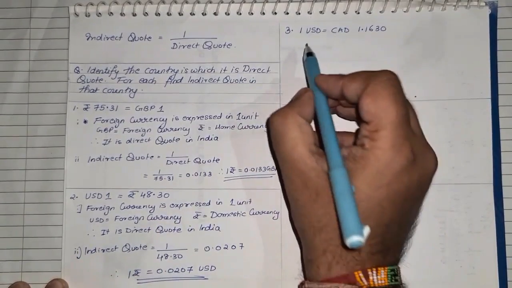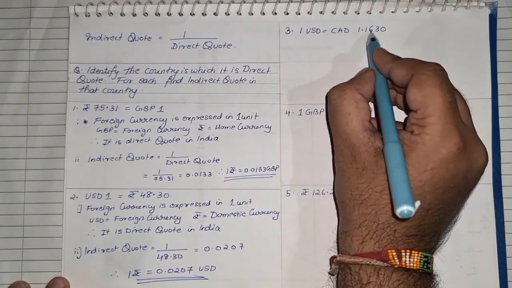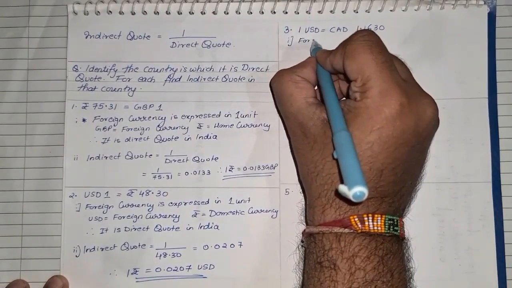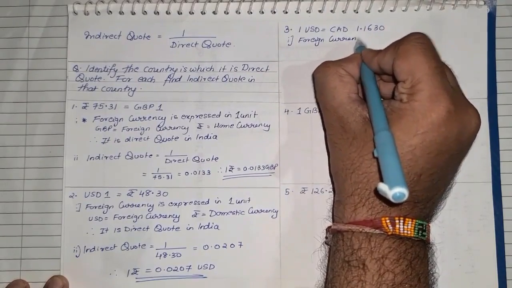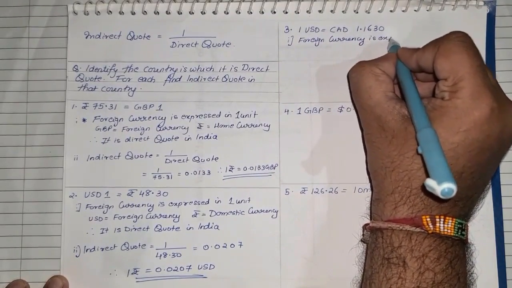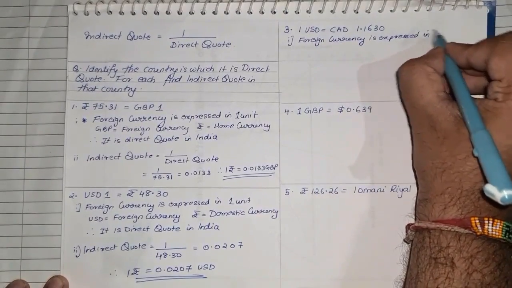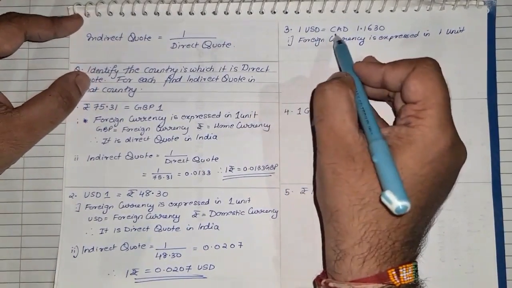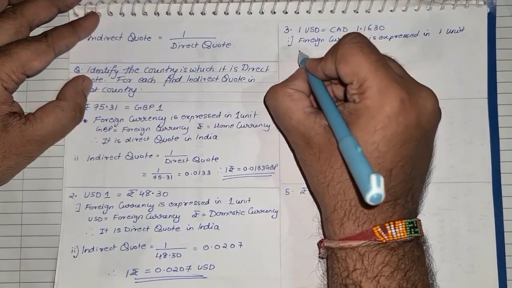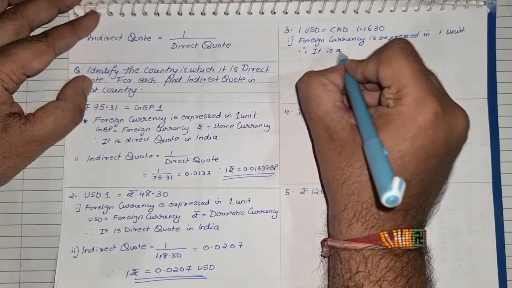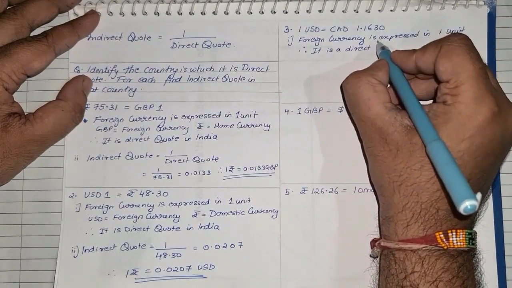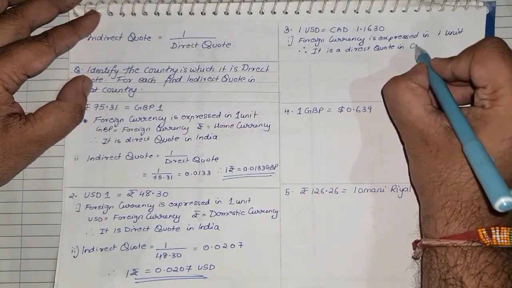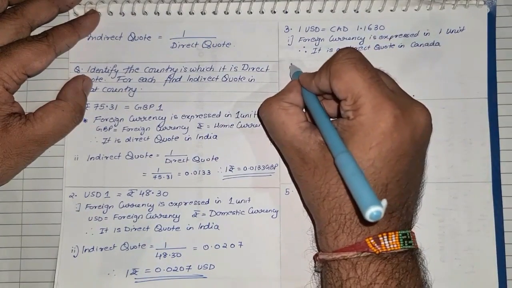Okay, in the exact same manner, we are given that 1 USD equals 1.1630 Canadian dollars, called CAD. So again we will apply the same rule. Rule number 1: foreign currency is expressed in 1 unit. Here USD is in 1 unit, so that becomes the foreign currency. The Canadian dollar will become the home currency. Therefore, I can say it is a direct quote in Canada. Therefore, the indirect quote